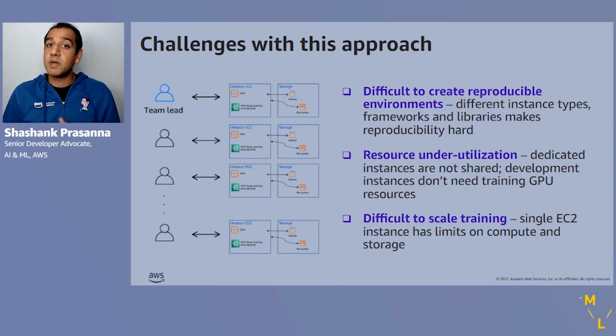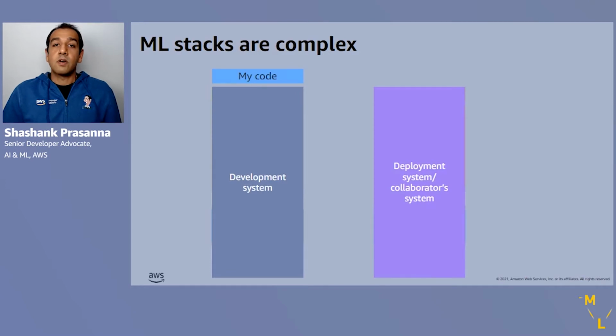And third, it can be difficult to scale. Now, it's easy to set up a single EC2 instance. The moment you add multiple instances, you have to figure out networking and how to distribute training across all these different instance types. Now, one of the reasons it is so difficult, specifically for machine learning, to be able to